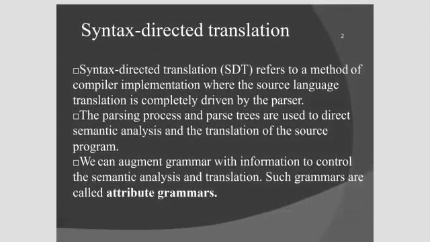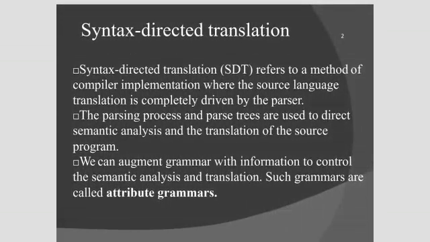We can augment the grammar with information to control the semantic analysis and the translation. Such grammars are also called attribute grammars. So what is an augmented grammar? We already discussed it in the LR(k) techniques, that is LR(0), LALR, CLR and SLR. At that time we discussed the augmented grammar. So what is an augmented grammar? It is the basic grammar to which we add extra productions,